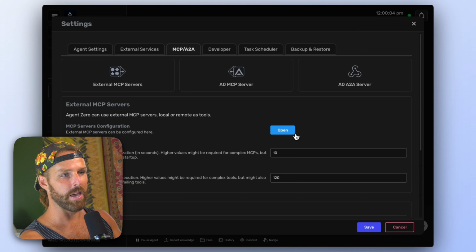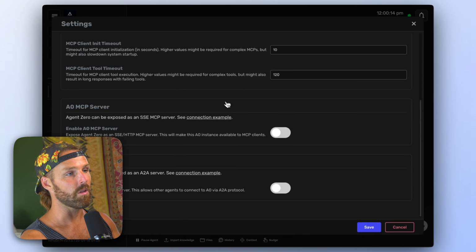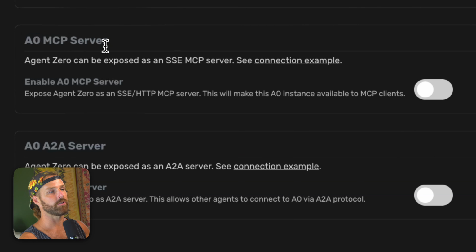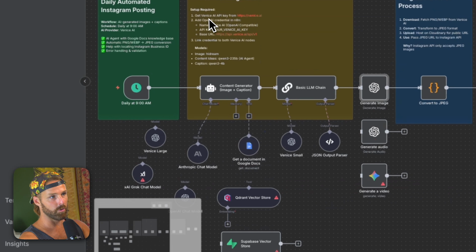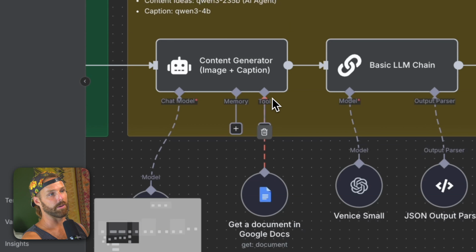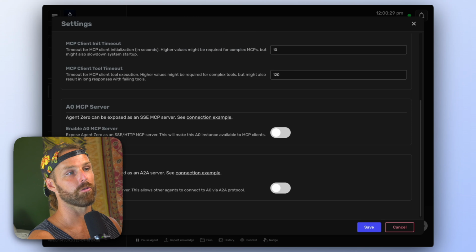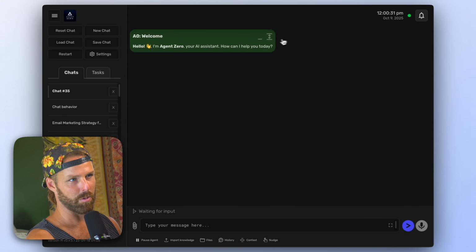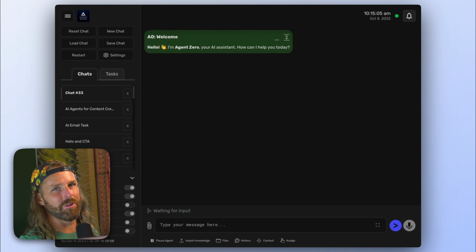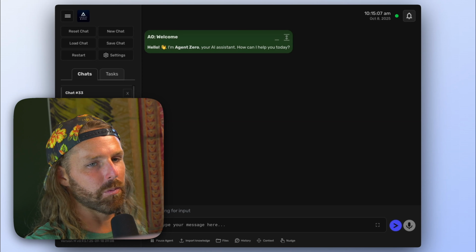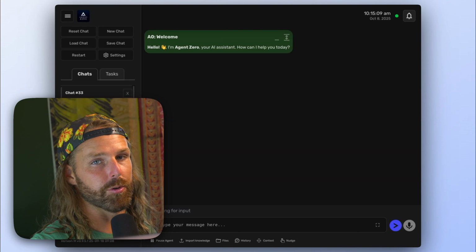Agent Zero lets me add MCPs. I have the same MCP servers here as I do in Claude Code. You can also use Agent Zero as an MCP server. So you could feed it in to, for example, one of your agents. Give it an MCP tool to use Agent Zero, right? But why do we want to use Agent Zero? Agent Zero is awesome because it's meant to be your personal assistant that learns and improves itself.